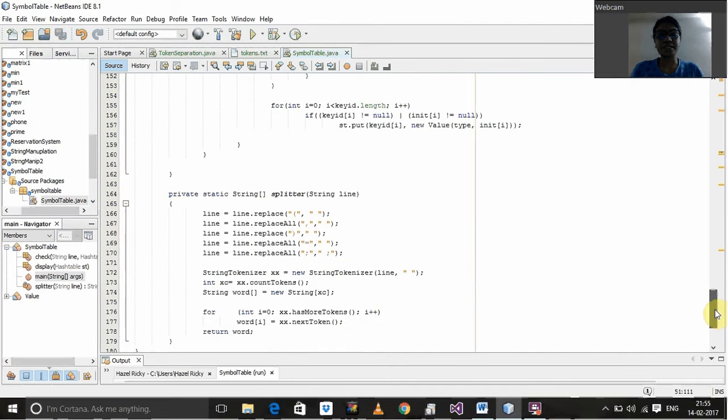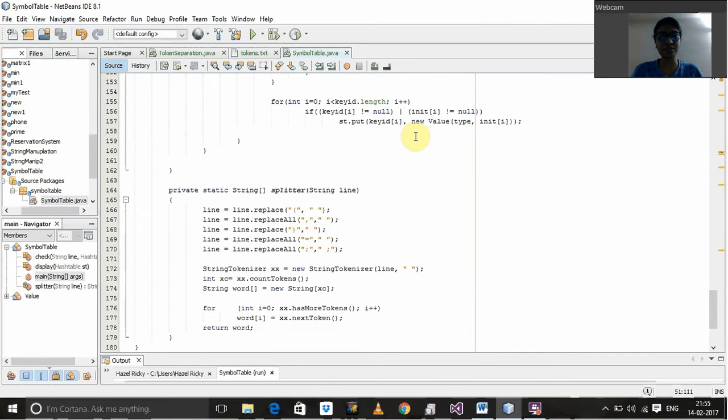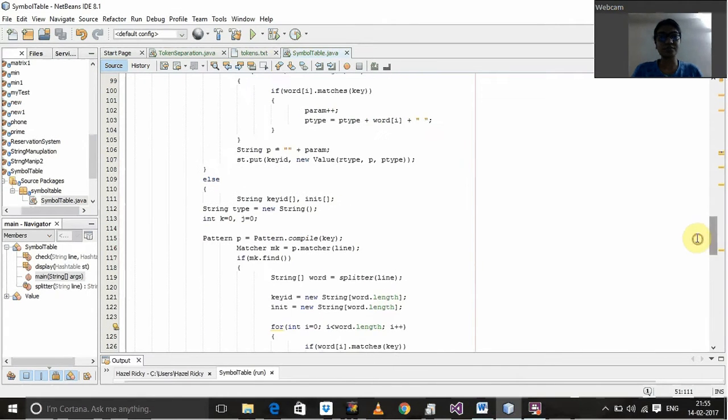Then we are going ahead, and in the private static string we are replacing all the delimiters and the operators with an empty space, and then we're going to display all of these values, and we're going to return the array in this particular function. And when we are going to run the program, my input for the program